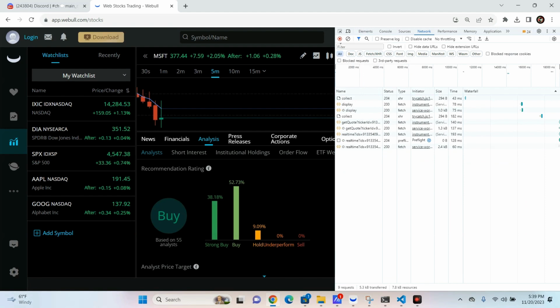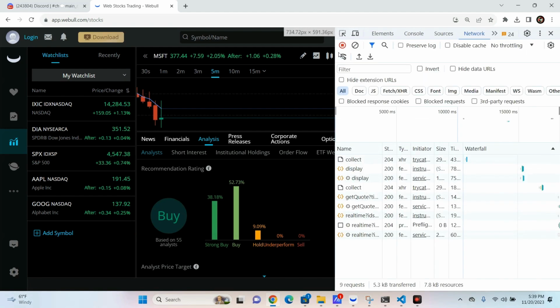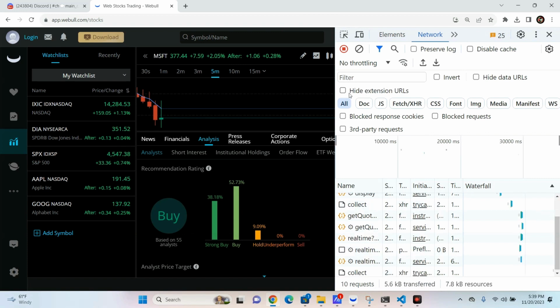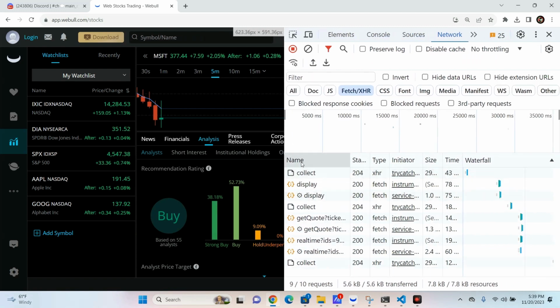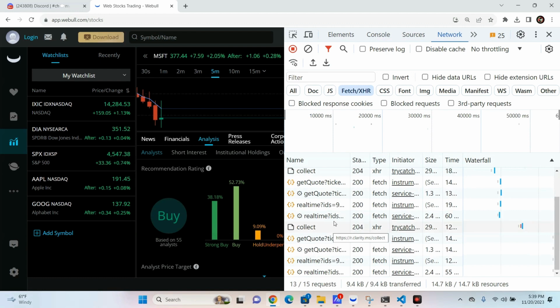If you look under this filter box here, I'm going to zoom in. There's a filter box. There's All, Doc, JS, Fetch/XHR. You're going to want to filter it by fetch. So just click fetch, and now your endpoint results are filtered. What you're seeing here underneath the name column are all of the possible endpoints that we can utilize and get data from. So what we're going to do now is simply click on short interest,